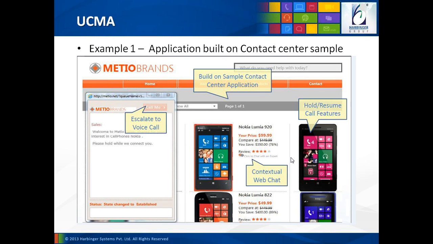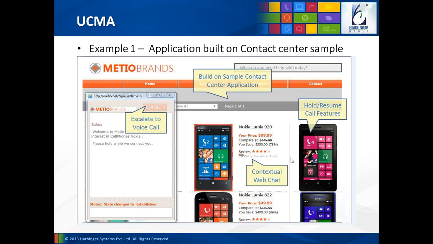When you click on that link, the Lync SDK, now this is a hybrid application where the Lync SDK is also used and the UCMA APIs are also used. So when the user clicks on that link, click to chat with an expert, the Lync SDK, which resides at the client side, creates an instant messaging call between the user and the UCMA application sitting on the server side.